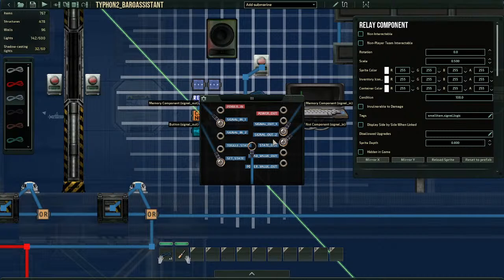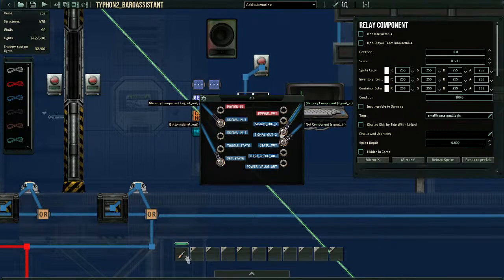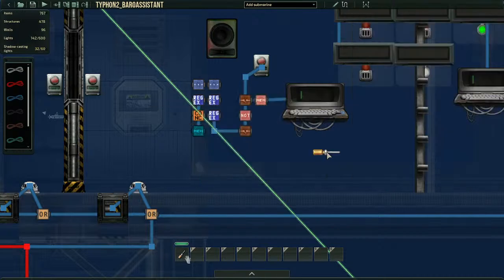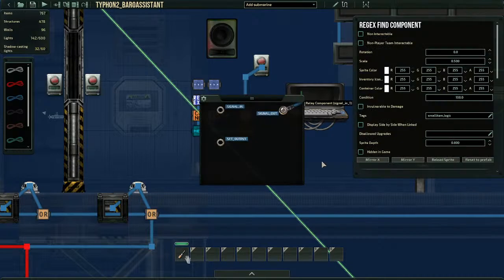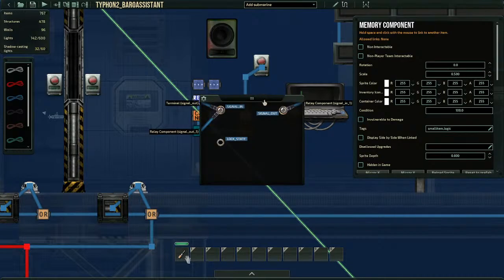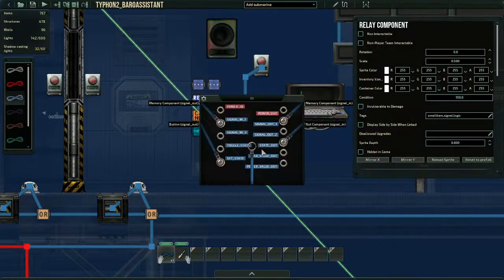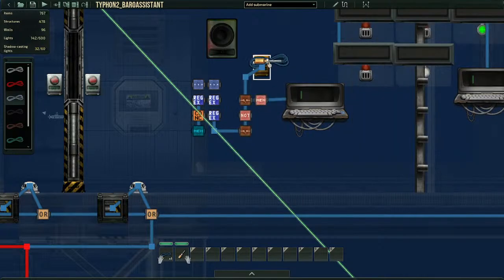I just heard some weird shit. The memory component should be going up here. Wait, what? Okay. When you push this button,